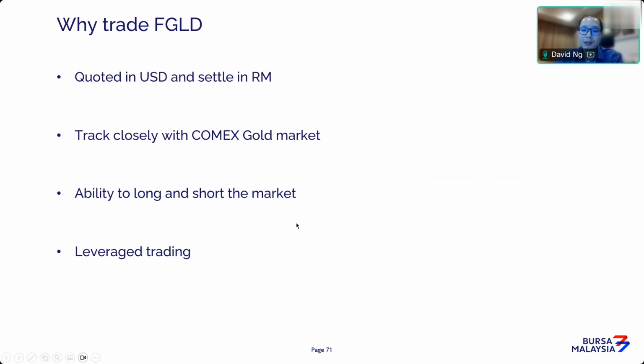So why trade FGLD? As I mentioned, it's a local currency future, a local gold futures contract. The good thing is that it's quoted in US dollars, so it makes it easier. You don't have to calculate in your mind during the currency conversion before you actually make a trade. So quoted in US dollars, it makes it even easier. And it tracks quite closely with COMEX Gold. Obviously, there are certain times where it doesn't track that closely, but I think in general, most times it does track